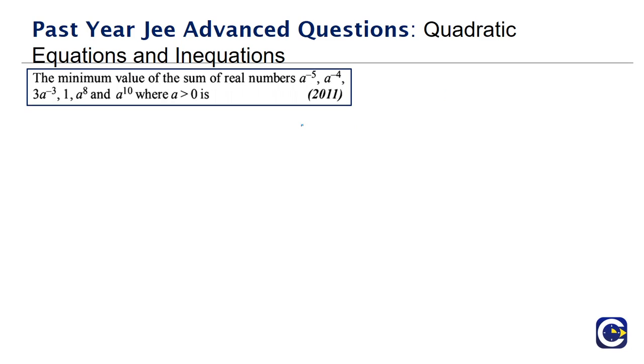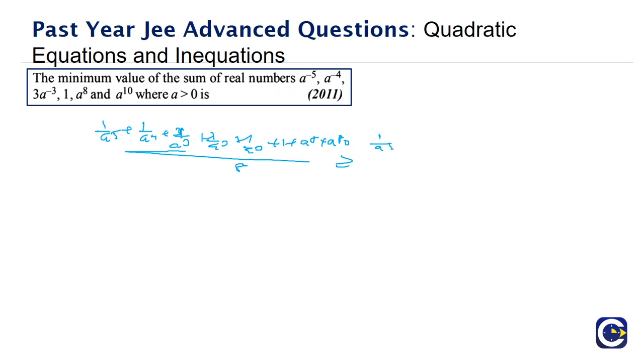The minimum value of the sum of real numbers a power minus 5, a power minus 4, 3a power minus 3, 1, a power 8 and a power 10, where a is greater than 0, is. For this question we can use the AM greater than or equal to GM property. What you will get: 1 by a power 5 plus 1 by a power 4 plus 3 by a cube, which can be written as 1 by a cube plus 1 by a cube plus 1 by a cube plus 1 plus a power 8 plus a power 10, divided by 8, greater than or equal to 1 by a power 5 into 1 by a power 4 into 1 by a cube into 1 by a cube into 1 by a cube